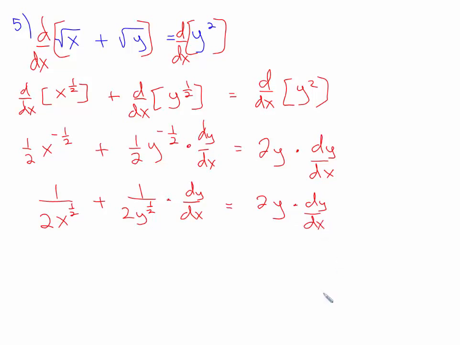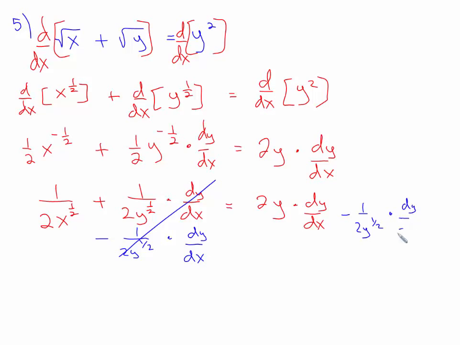Okay, so now we need to get these on the same side. So what I'm going to do is I'm going to take this value here, right? Here's where the algebra comes into play. I'm going to take this value here and subtract it on both sides. So if I subtract this right here, 1 over 2y to the 1/2 times dy dx, that'll cancel that. So I'm going to subtract right here 1 over 2y to the 1/2